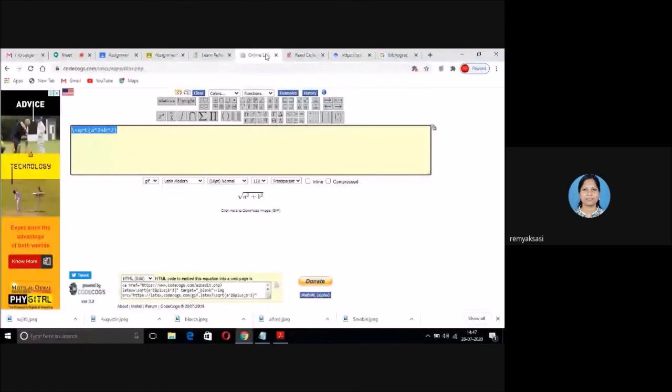If you want to use a sigma, or square root inside square root, or limit x tends to infinity, or double integral, I'm using integral 0 to n. So it is very easy to deal with equations. I recommend everyone to use such a LaTeX equation editor so that we can save our time. This is smart work.